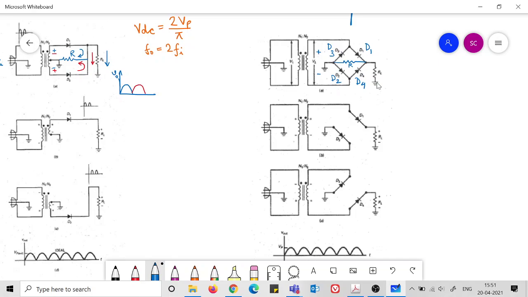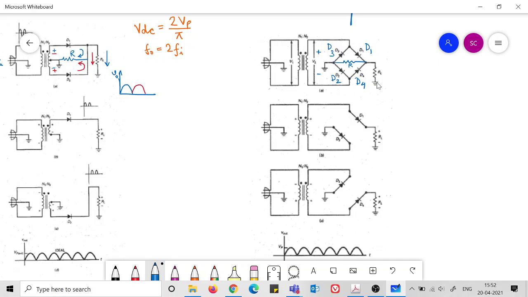So the intuition is like this: which diodes are feeling the positive pressure of the voltage? Those are in forward bias. So of course this positive comes here. The anode side of D1 as well as D2 are feeling this positive pressure, and the cathode side of D3 and D4 are feeling the positive pressure, so these are reverse bias.